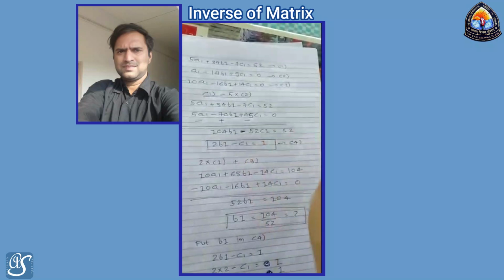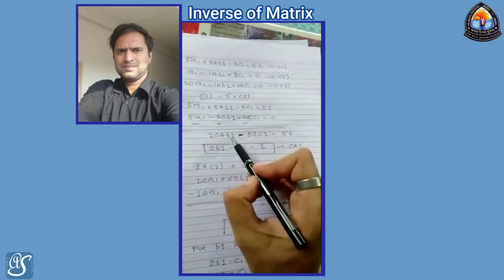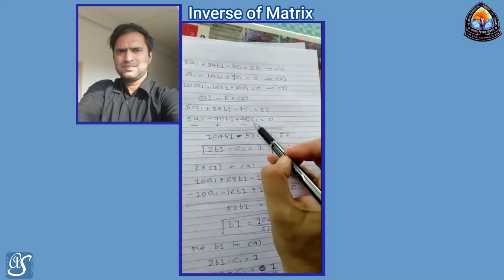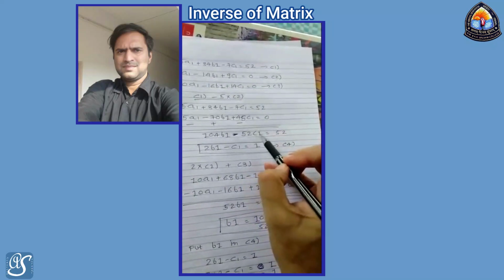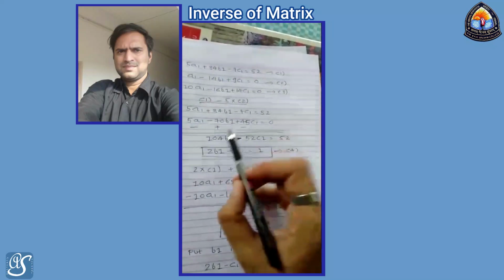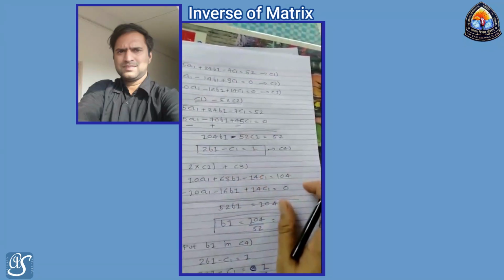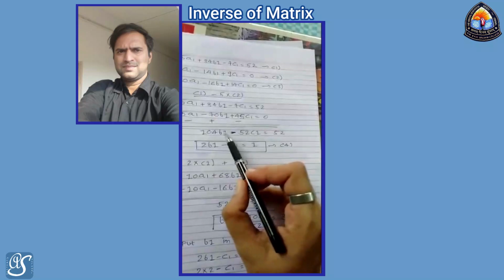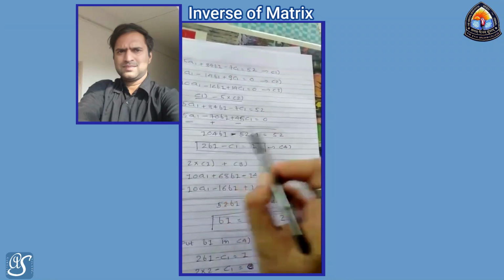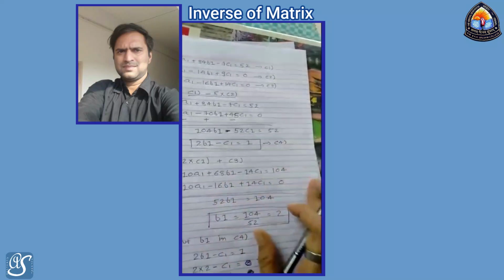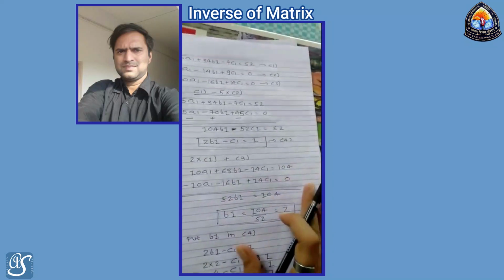34B1 plus 70B1 is equal to 104B1, minus 7C1 minus 45C1 means minus 52C1, is equal to 52. So 104B1 minus 52C1 is equal to 52. So divide by 52 on the left as well as the right side. So here 2B1 minus C1 is equal to 1, which is our fourth equation.